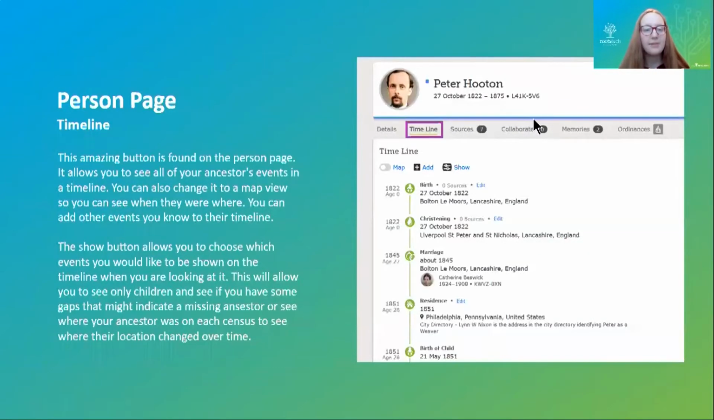Next up, we have the timeline. Next to the details, which is the page we were just on, we can click timeline. This allows you to see all of the events of your ancestor's life on a timeline. You can press the show button and it'll allow you to filter what events you're seeing. If you just want to see their places of residence listed, you can go ahead and just see the residences. Or if you just want to see the children's birth dates, then you can just see the children's birth